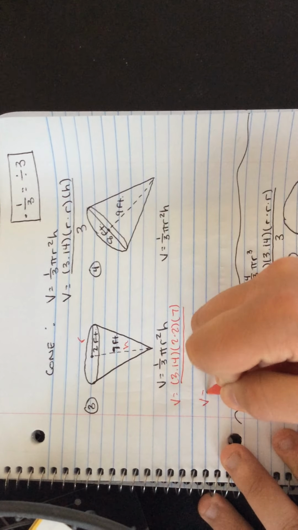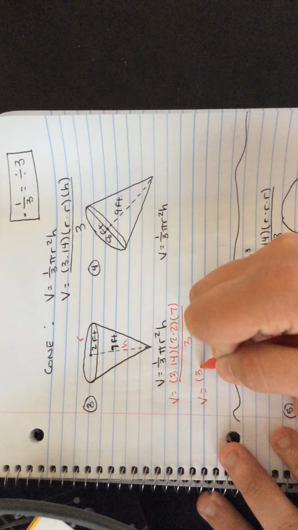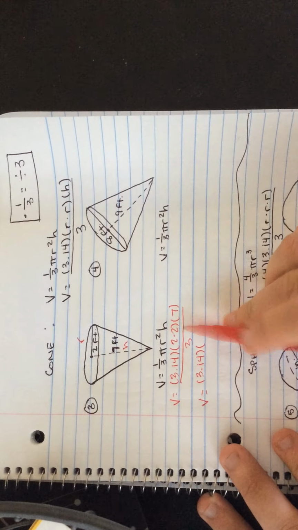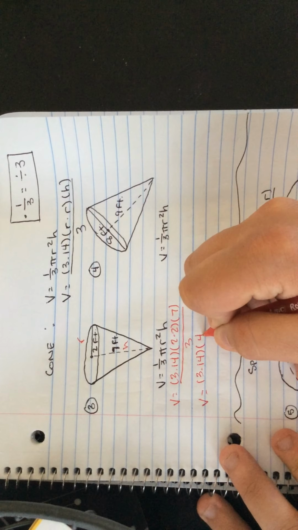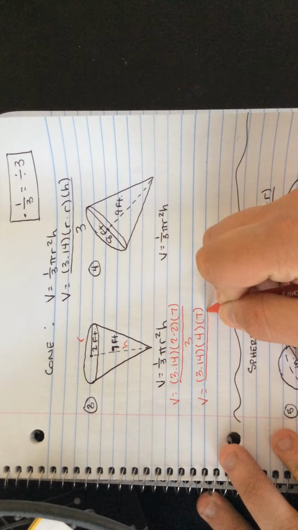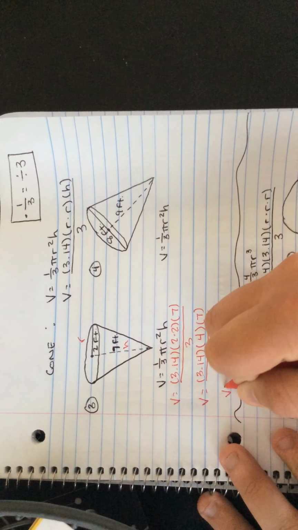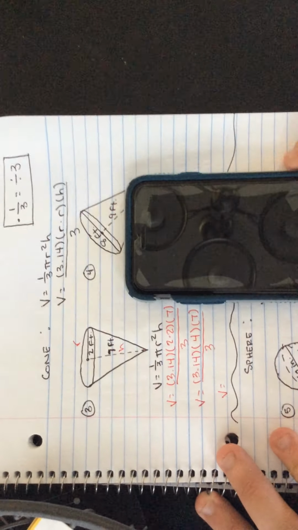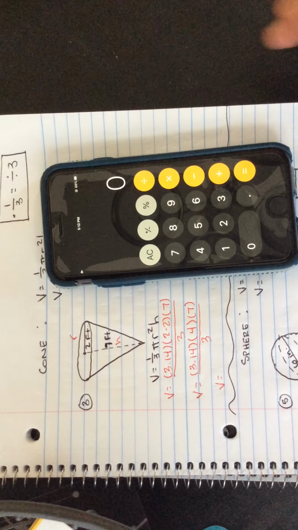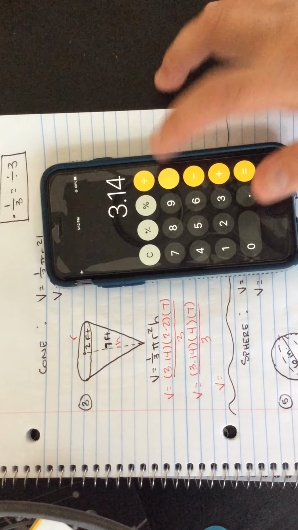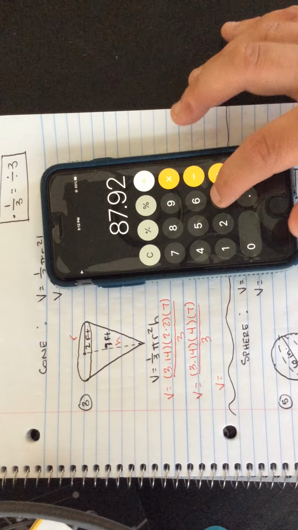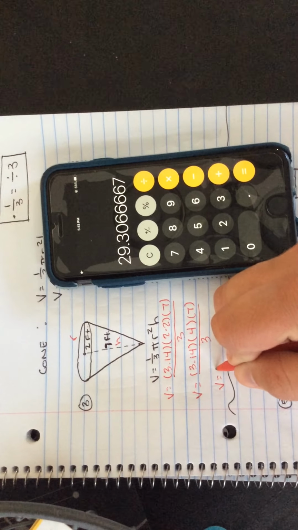Okay? So what we're eventually going to put in is 3.14 times 2 times 2, which is 4, times 7, which is our height, and then we'll divide it all by 3 to get our answer. So let's type this in here. Whoops, sorry about that. And see what we got. So 3.14 times 4 times 7 equals, divided by 3, and this is our answer,